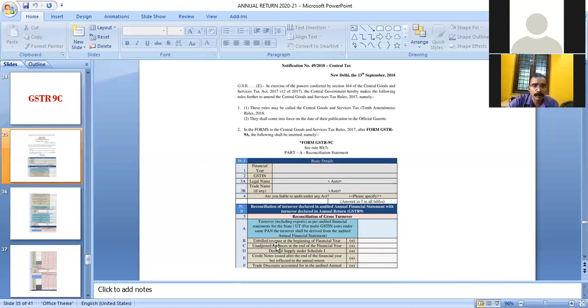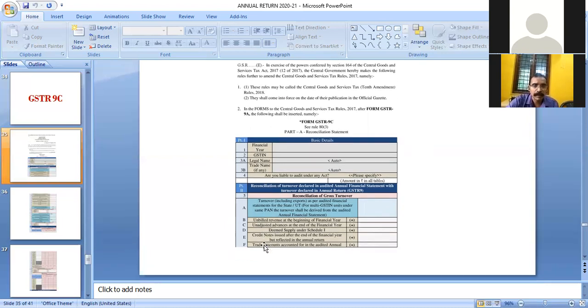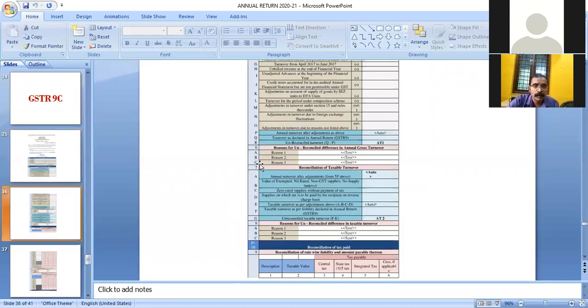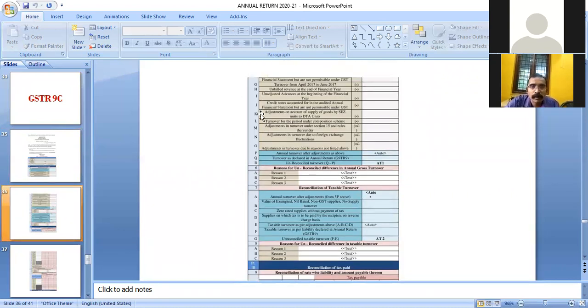Then comes column number 5B, unbilled revenue at the beginning of the financial year. Before discussing column 5B, we will discuss column 5X, unbilled revenue at the end of the financial year. Some revenue is received by the taxpayer for which a GST invoice is not issued, so it will not be reflected in Form GSTR 9, but it is already entered in the audited financial statement.